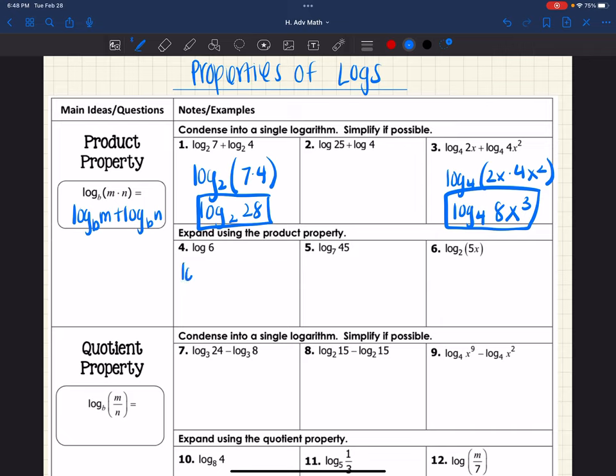So I'm going to have this as the log plus another log, and you got to find 2 numbers that multiply out to 6. And this is where your answers will vary, because I'm thinking 2 and 3, but someone else might think 1 and